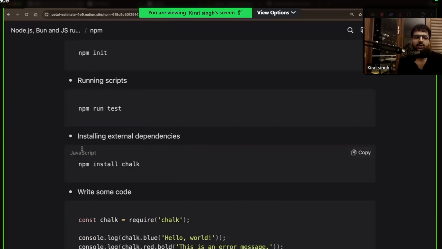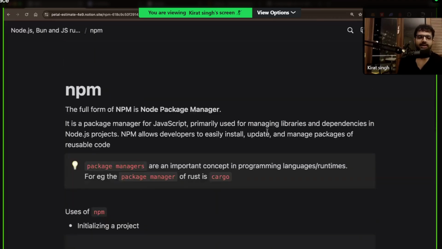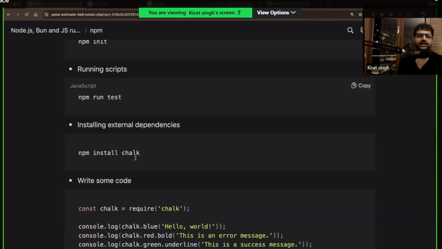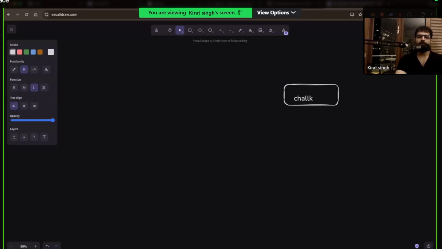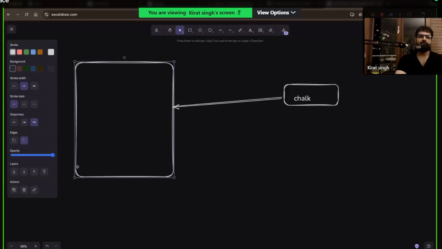The one that we are focusing on here is this one: npm install chalk. What is chalk? Chalk is the very first external library that we are introducing. We kept on saying packages, libraries, dependencies. This is a dependency I'm introducing to my project. What is a dependency? It is some reusable code that some other smart developer has written. I am bringing it to my code base. There is some smart person out in the world that wrote this chalk library, and I want to use this chalk library in my Node.js code base.